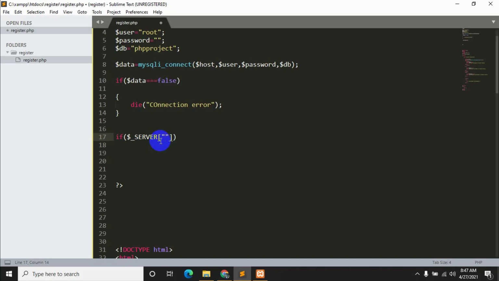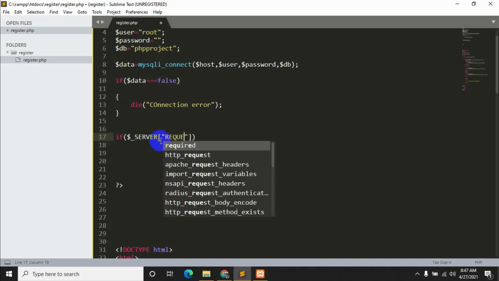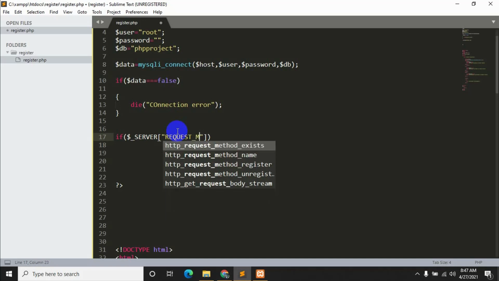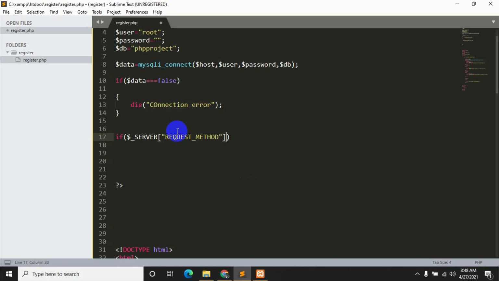Inside this double quotation we'll write REQUEST. Now write all these characters in capital letters, because if you write in small letters you might see some error, so it's better to always write it in capital letters. Then REQUEST_METHOD, then equal, POST.